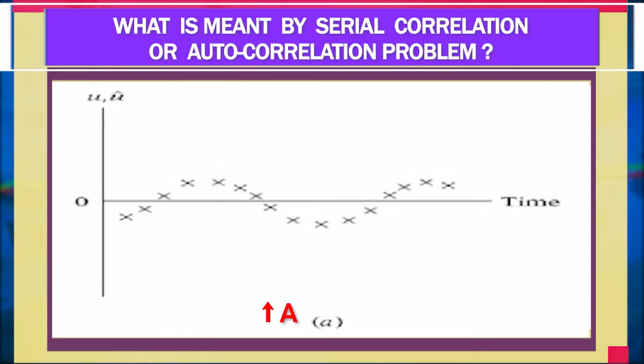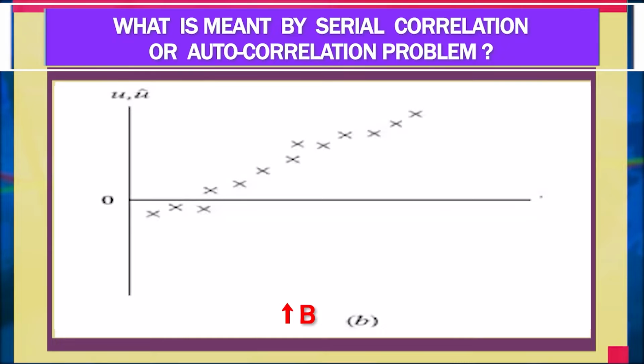In point A, it actually follows, in intervals, a very systematic pattern, which means it has points of peak and off-peaks alternatively, which is very similar to a simple harmonic motion in the context of physics of sound theory. Or if we look at point B, then we find that the observations have an increasing trend. That means there is a trend observed in the series, and this trend definitely takes care of how the error terms are related with each other.